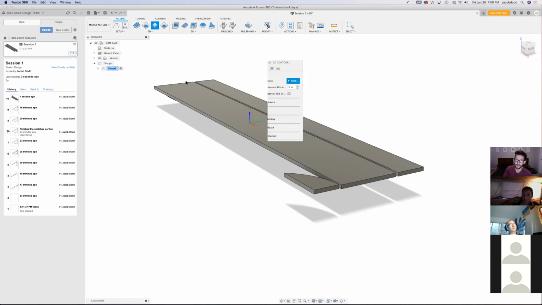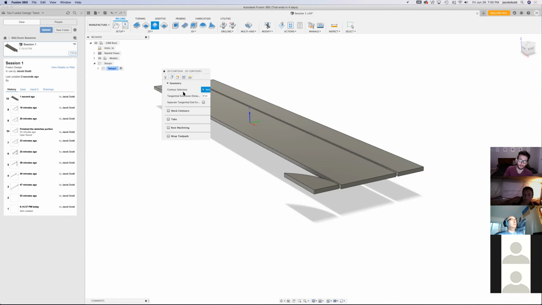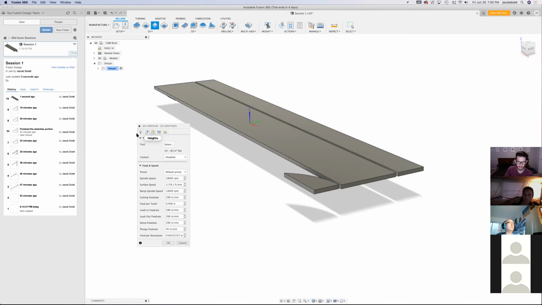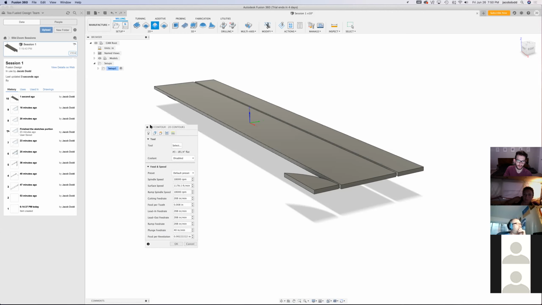And like many parts of Fusion, it's got many different tabs on this. So the first one is tool selection. The second one is what geometry you want to work